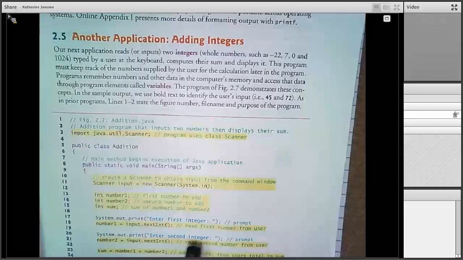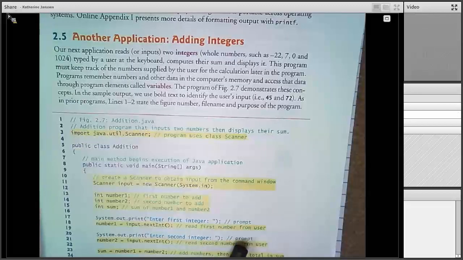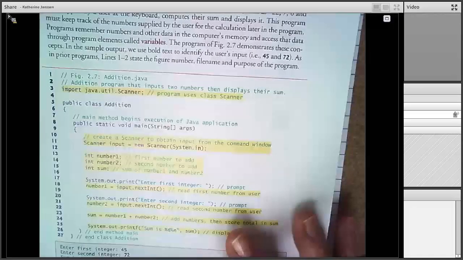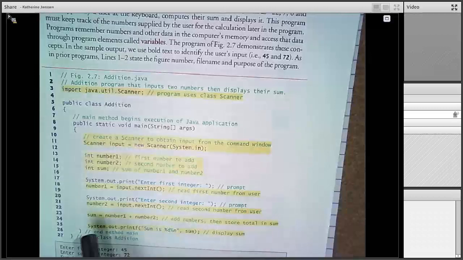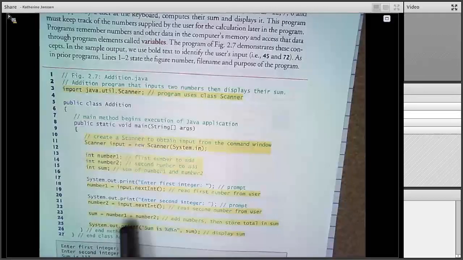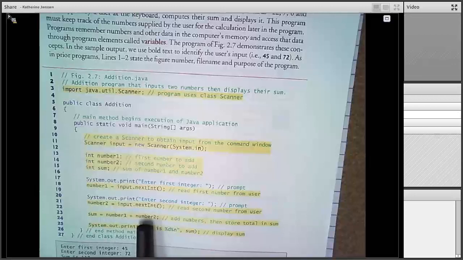Enter second integer as a prompt to the user. Number2 is being assigned the next integer typed at the keyboard. And then we're ready to begin processing by calculating sum and assigning it the addition of number1 plus number2. And our final output is